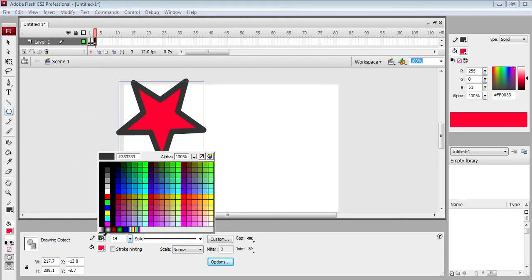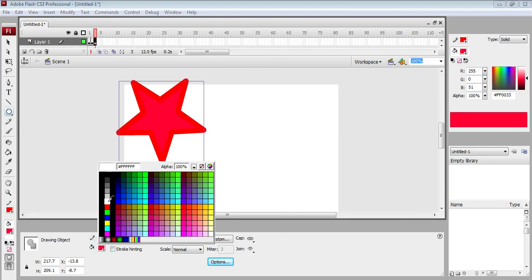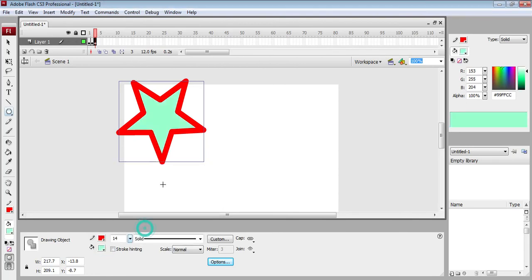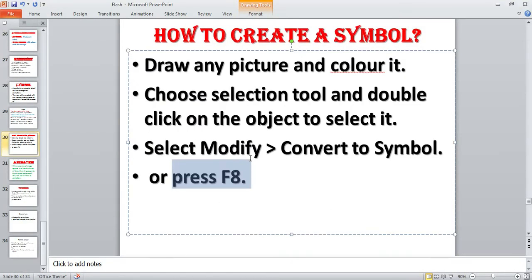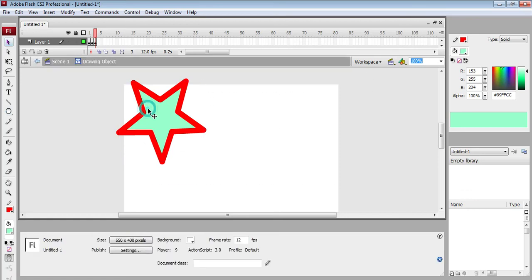If we want to change a stroke color, then you can change, otherwise you can skip. Okay, I'm going to select another. You can see now another step as we had seen there. Here we have to select the selection tool, and then select, and then modify and convert to symbol. So I'm going to show you. Choose the selection tool. You can see this one is our selection tool, and then we have to select this one.